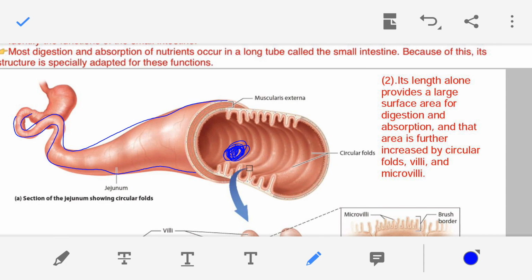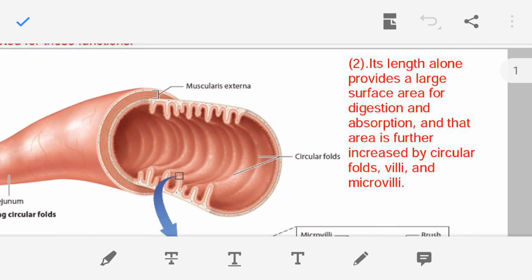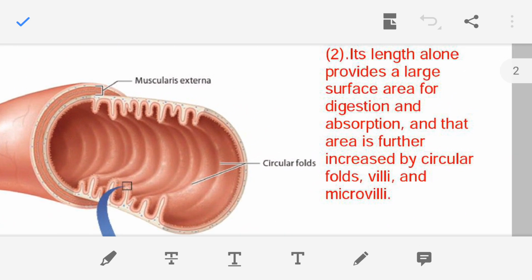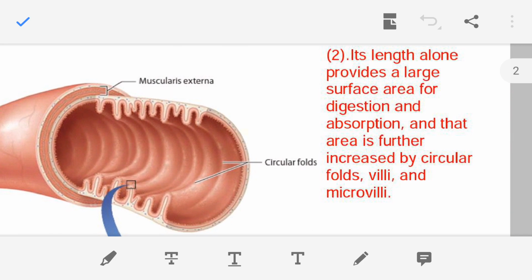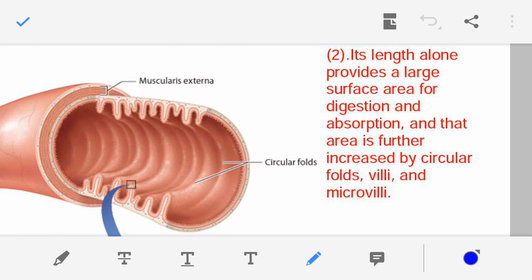And there are few structures that are present inside the small intestine, and these structures, they are increasing the surface area for the digestion and the absorption of the nutrients. For example,